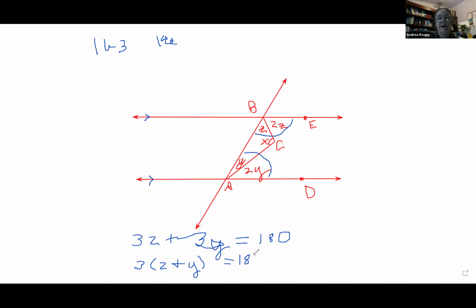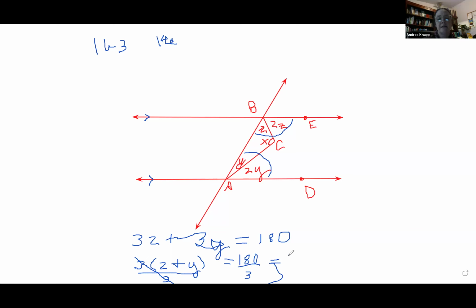And now I can divide both sides by 3. Three divided by 3 cancels to 1. So I have Z plus Y